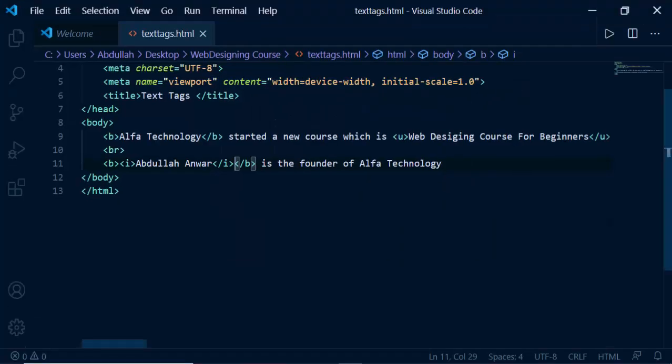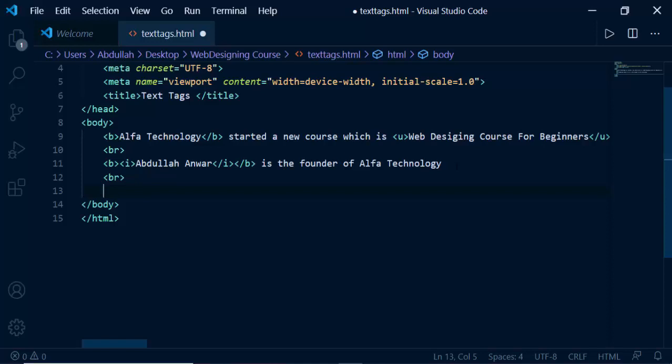So you can use a tag inside another tag. The main thing is that you need to take care about the order. So if you are putting a B tag there, and inside the B tag you are putting an I tag, you need to close first your I tag and then the B tag. This is now known as a nested tag. Now let's go down, let's put a break tag right there. Now let's talk about the other tags.